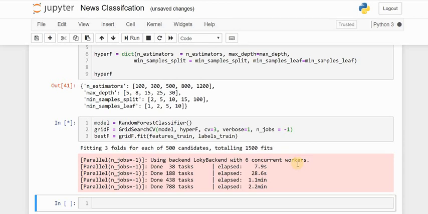There are more such hyperparameters that can be tuned, like minimum weight fraction leaf, minimum samples leaf, maximum features, or max leaf nodes. So there are a number of parameters. You can find all of these in sklearn's random forest documentation.